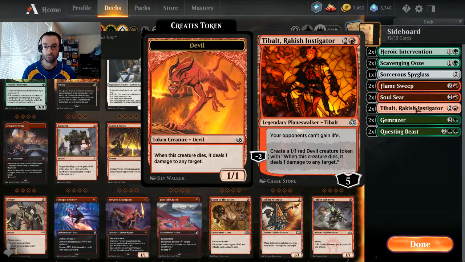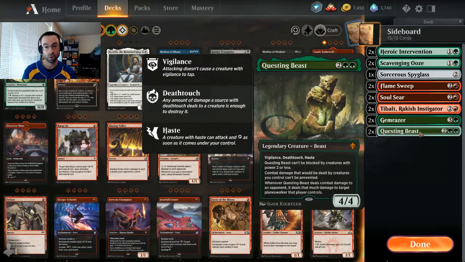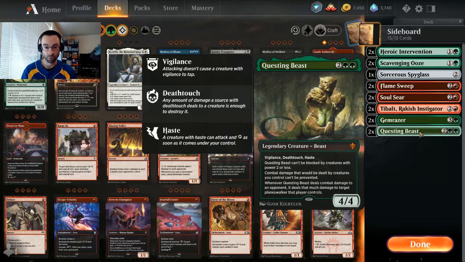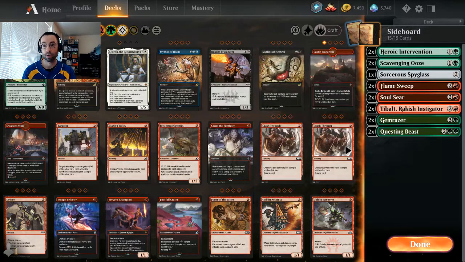And life gain is still a very prevalent strategy, so I think Tibalt is just kind of a must for me in the sideboard. And some additional artifact enchantment hate and 2 more Gemrazers. And we do need to go more aggro against a bunch of planeswalker, kind of a planeswalker control removal heavy deck. A couple Questing Beasts that we can bring in out of our sideboard. All right, that's the deck. We'll jump into some best of 3 and see how the